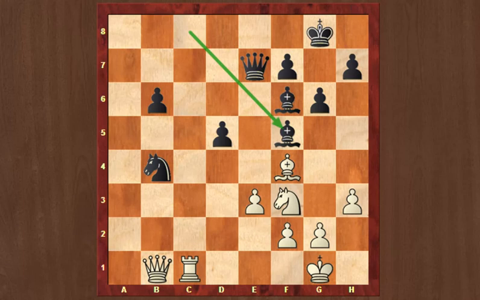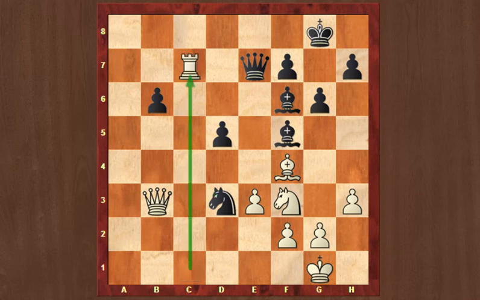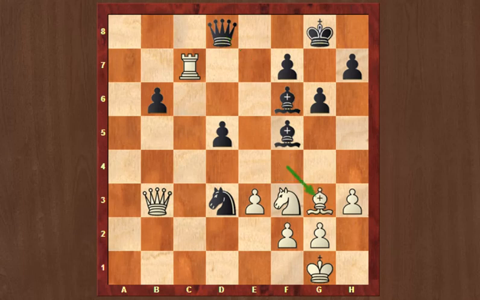Bishop f5 from Nakamura, attacking the queen. Queen went to b3, knight d3, rook c7, hitting black's queen, queen d8, bishop g3. He does not want Nakamura to take on f4, h5, queen takes b6, picks up a pawn,